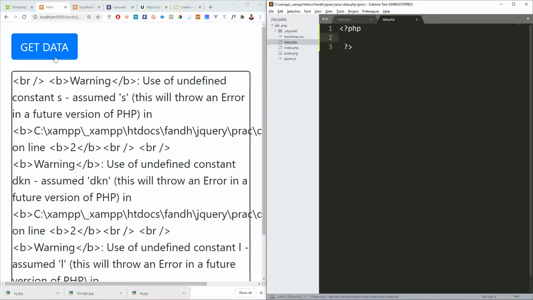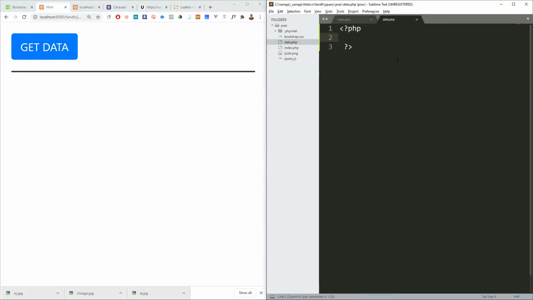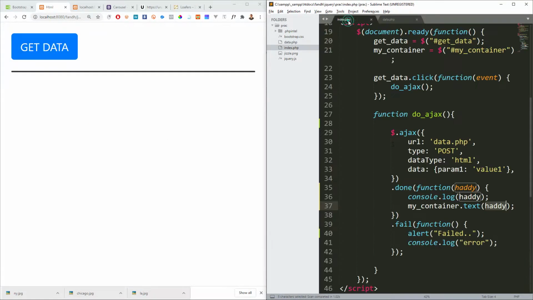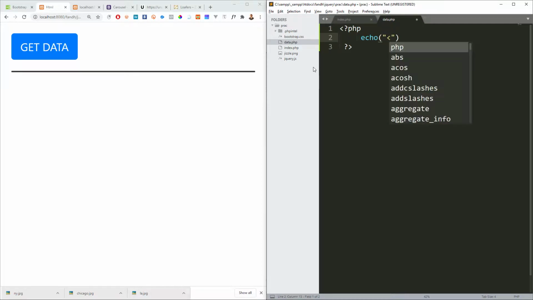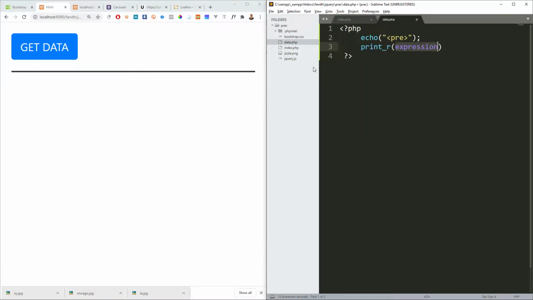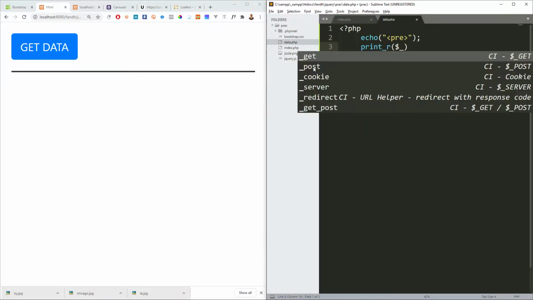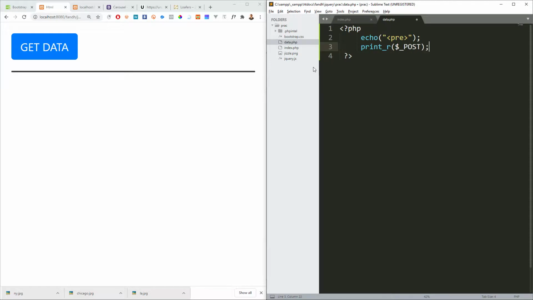Did you understand, members? It means that we are sending something this side, and we are using post. So if I come and say pre-tag echo, print whatever comes to this file, and we dump the post, and then close this pre-tag.